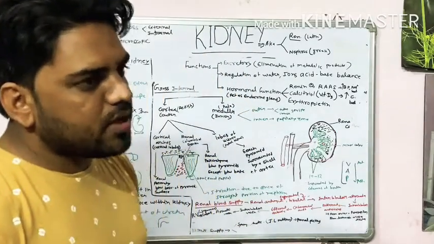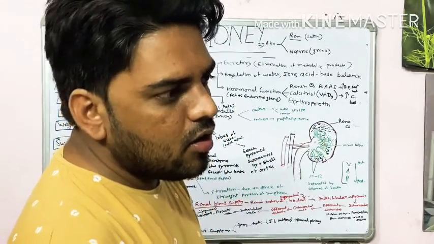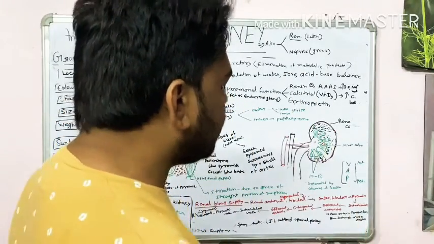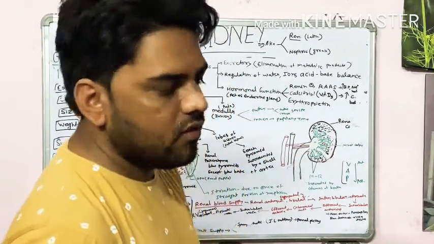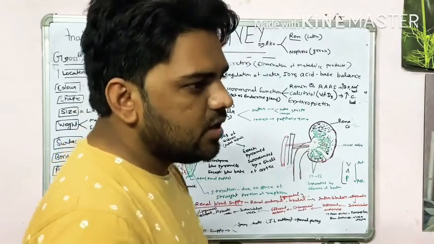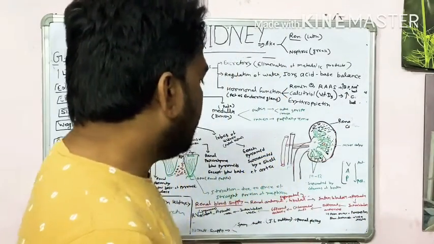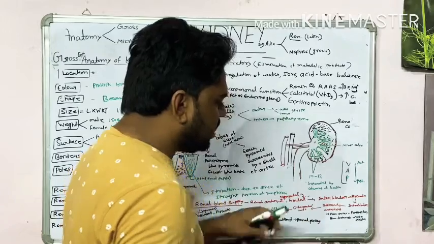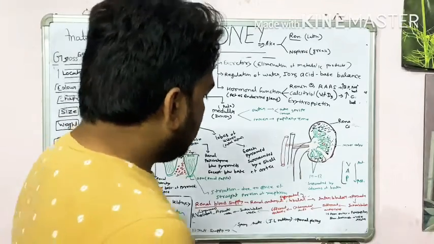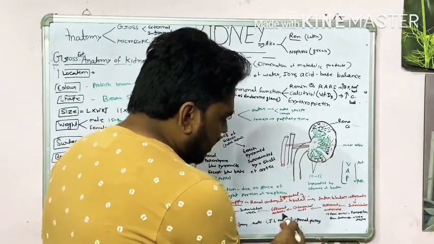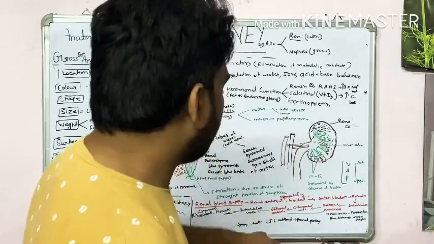Usually in our body, the arteriole goes into the tissue, and from there they provide blood to the tissue with the help of capillaries, then drain into veins. But in the kidney this is the exception. Our kidney has a different type of blood supply. This capillary again divides into an efferent arteriole.